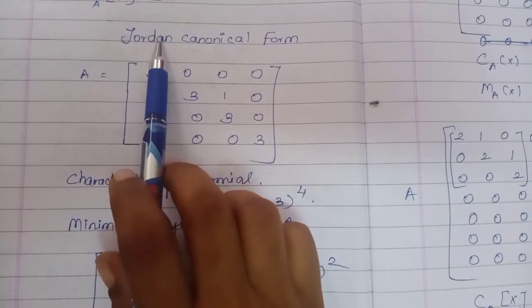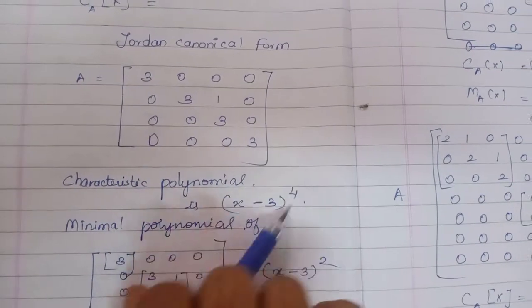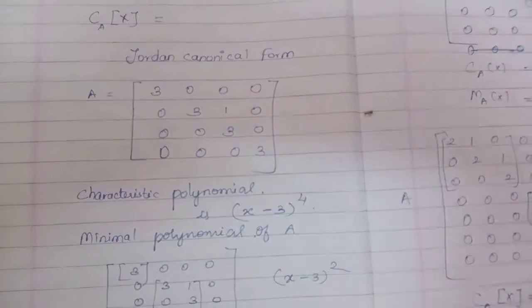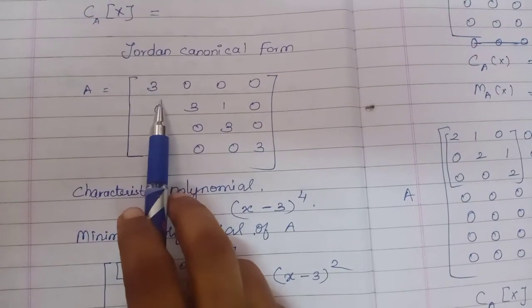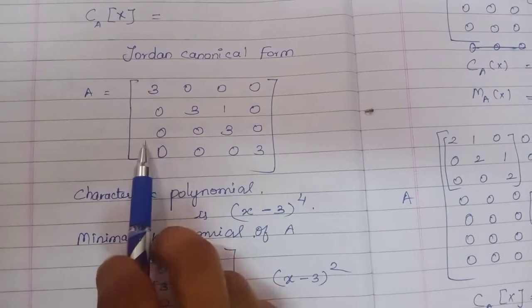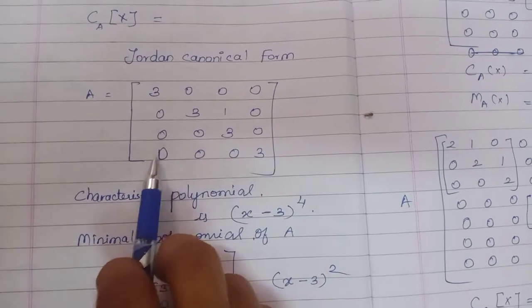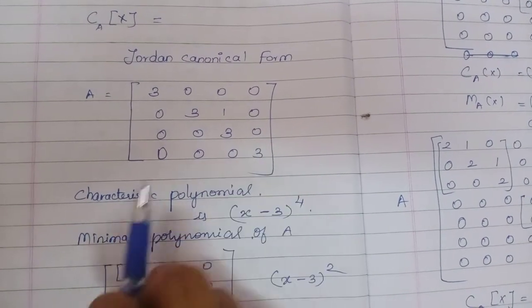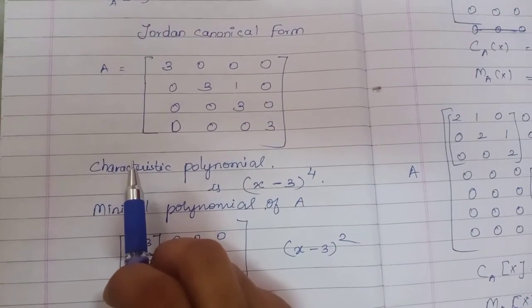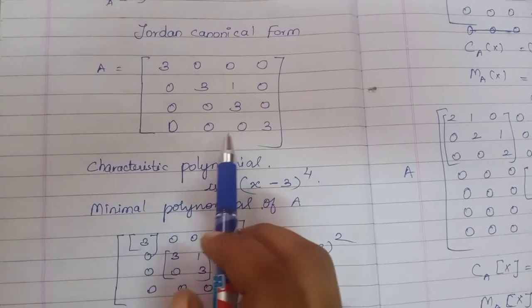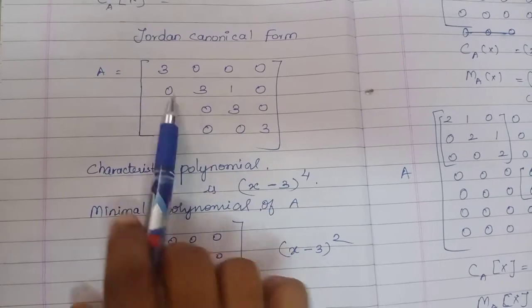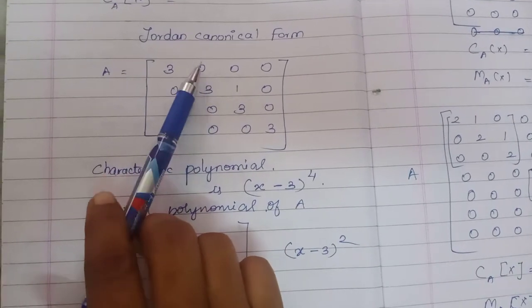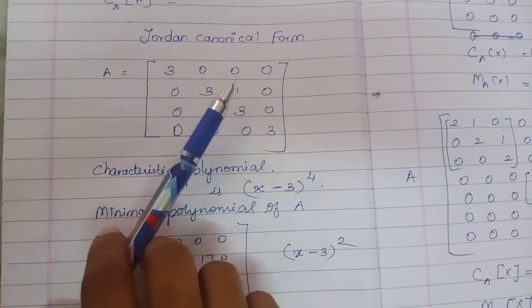Now we are going to learn how to identify the Jordan canonical form of a matrix. This is the matrix given: 3 0 0 0, 0 3 1 0, 0 0 3 0, 0 0 0 3. So how do we find the Jordan canonical form? Now, above the main diagonal we have 1. See here,